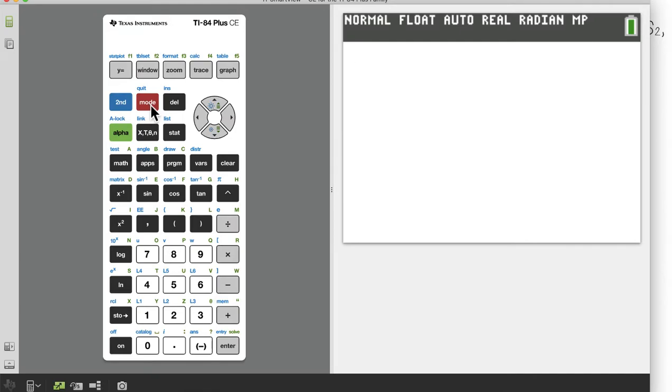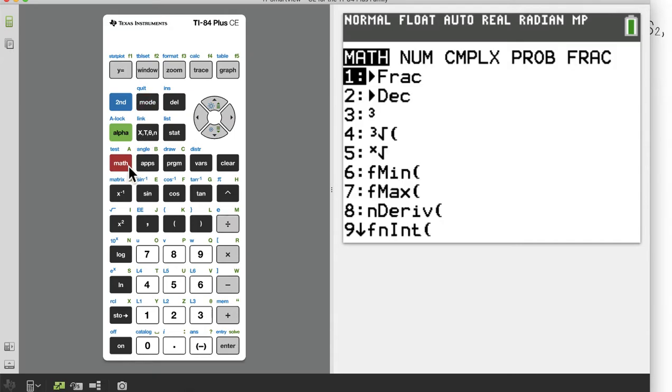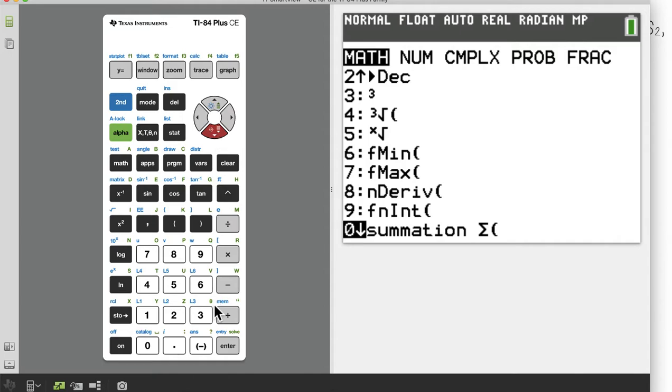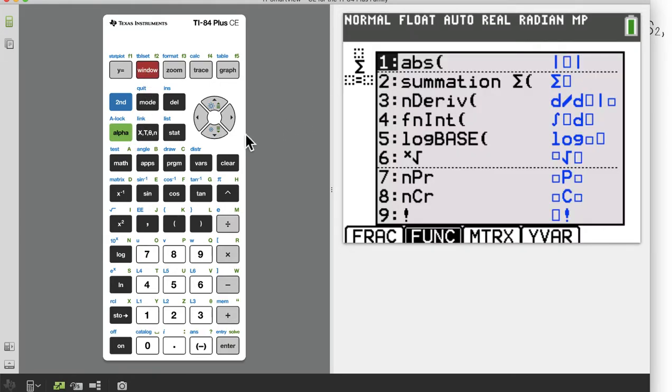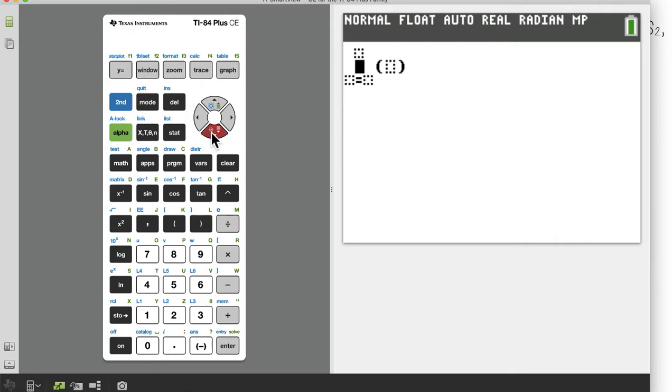If you want to do a summation for a finite number, there are two ways of getting your sigma notation up. You can go to the math key and go down to the 0 option. Then you can see it says summation. I'm going to click enter there. You can also pull it up if you hit alpha window, and you can see that it's option number 2 there. So then I want to take the sum from n going to 1,